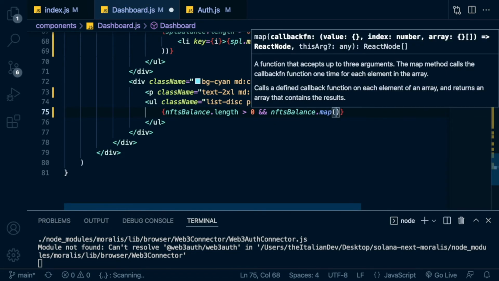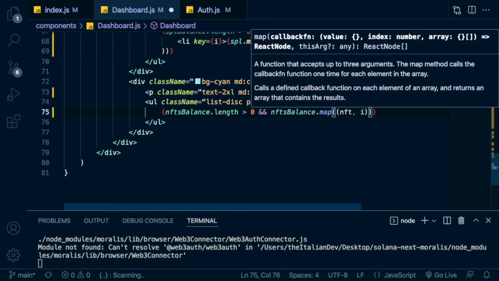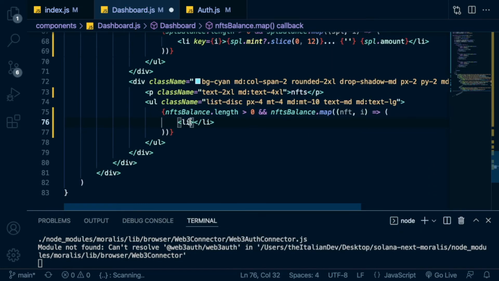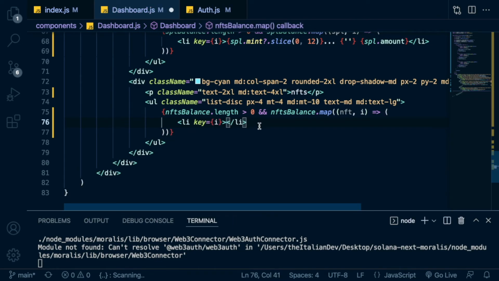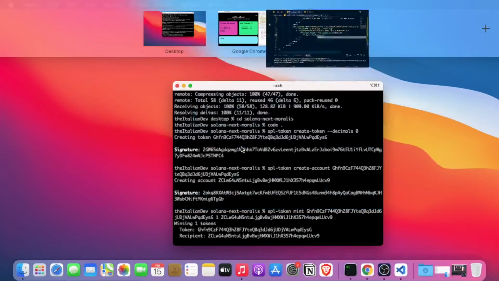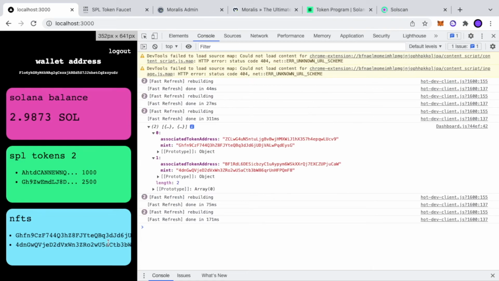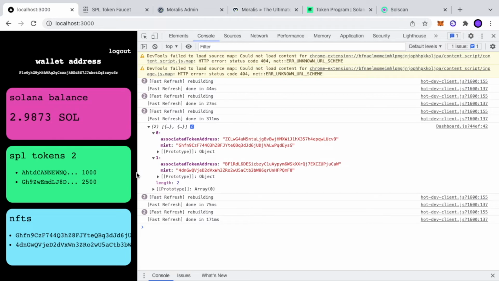NFTs balance dot map, we are gonna map inside this array. We will grab what? The NFT and the index, and we will return what? The list item element of the unordered list, again as key the index, and here as address we can pass what? The NFT.mint. Now we can go back and look, we have these two addresses correctly working, but now the mobile is not